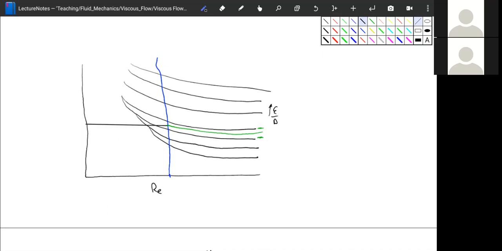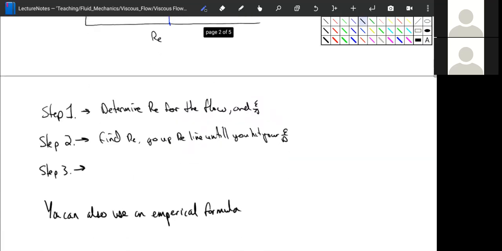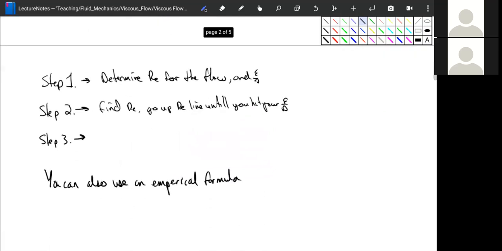And this tells you your F, your friction factor, over here. And this friction factor is usually also on a log scale. And that's how you read off your friction factor. So like I said, I'm going to publish a Moody chart online. Go ahead and find that Moody chart. And then we're going to try it together for a Reynolds number of